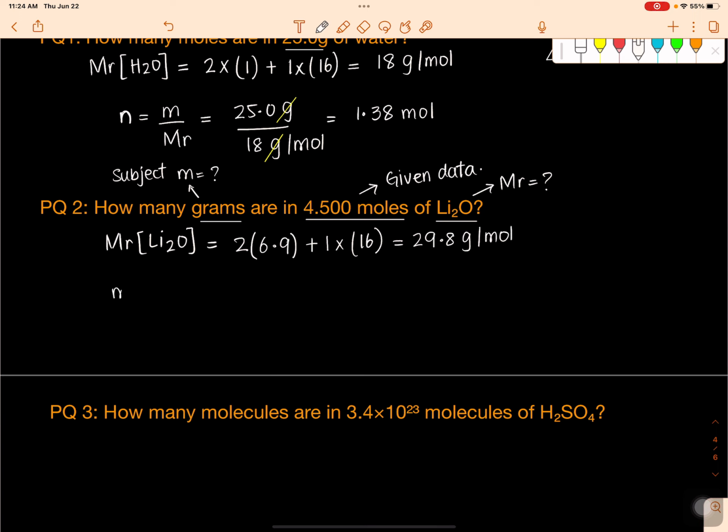So mass is equal to number of moles times Mr, which is equal to 4.50 times 29.8, or you can rewrite it as 4.50 moles times 29.8 grams per mole. So we see that this comes out to be